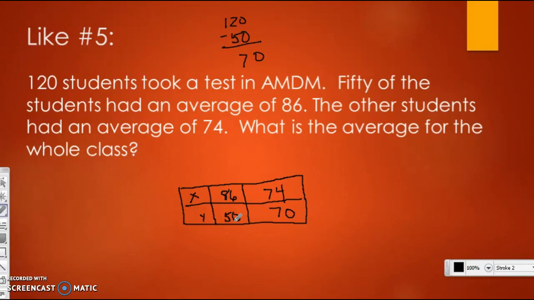86 times 50. So in other words, I take the number and multiply it times the frequency to get 4,300. All right, here I'm going to multiply 74 times 70, which gives me 5,180. I add those two together,